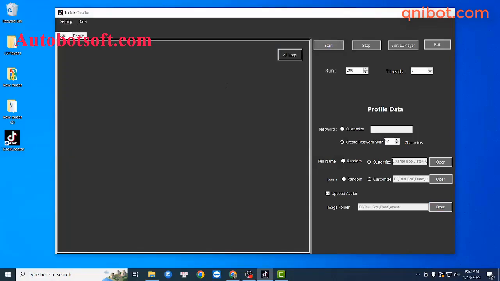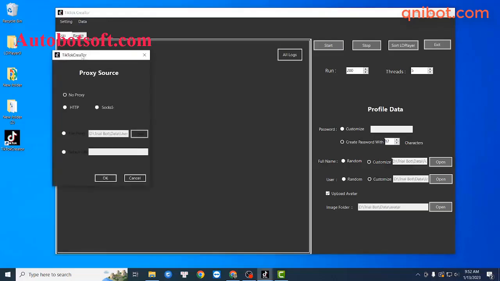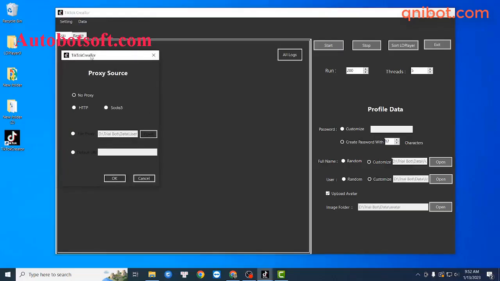Next, we will set up proxy to run this part. You click on Setting, select Setting Proxy. Then you will see the proxy source dialog box like this. In case you don't want to use proxy, you can click on No Proxy like this. The bot will use the IP of your PC to run. Remember that you should not use one IP to create too many accounts because your accounts will be banned by